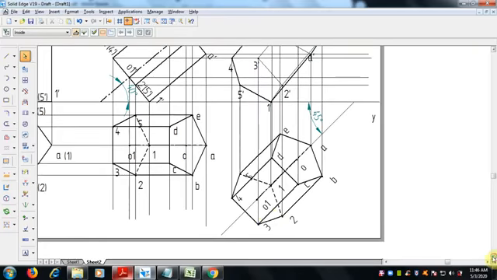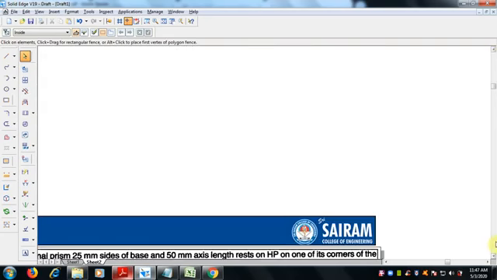So this is the top view, right? To draw the front view, the observer looks from this side, from here. Which base is near to the observer, either the ABCD base or the 1 2 3 4 base? The bottom base can be viewed by the observer, so we take it as visible. The base near to the reference line will not be visible.